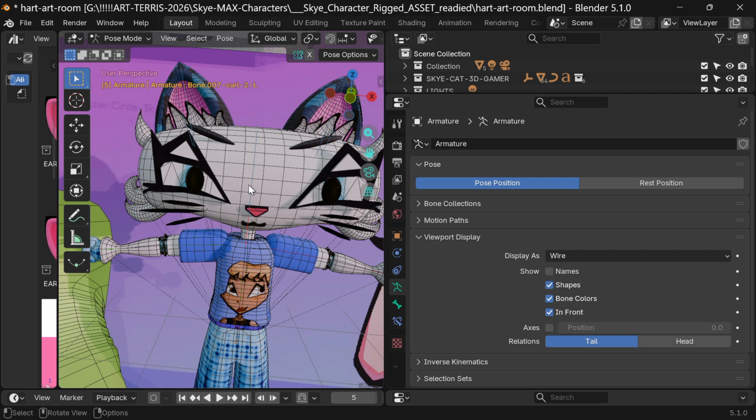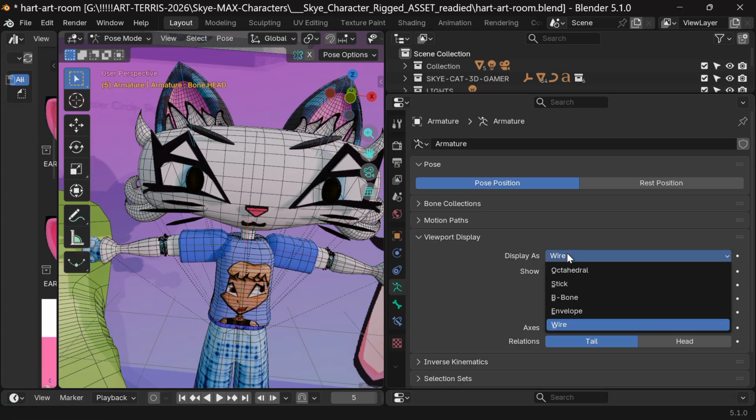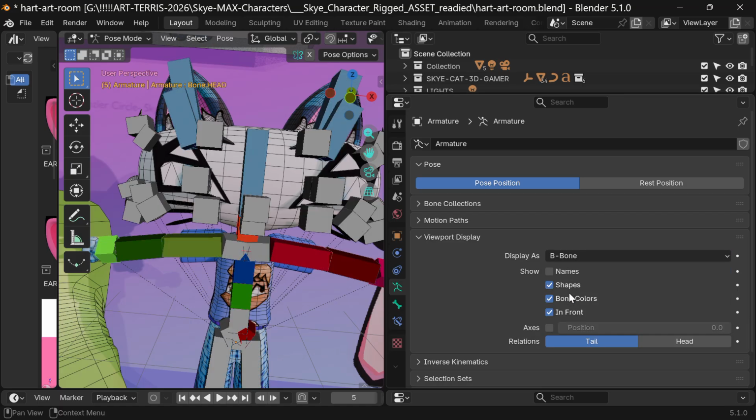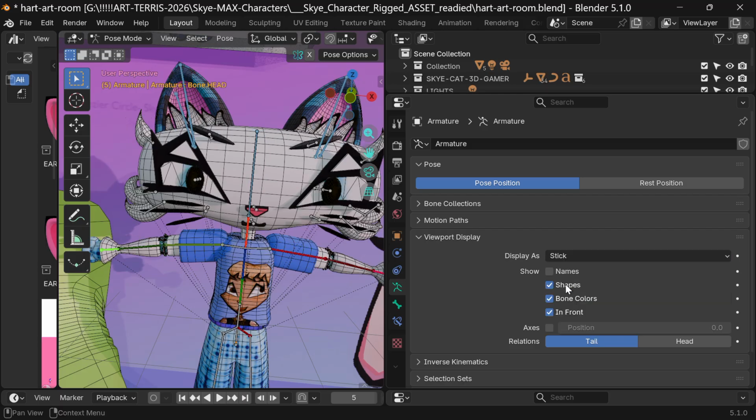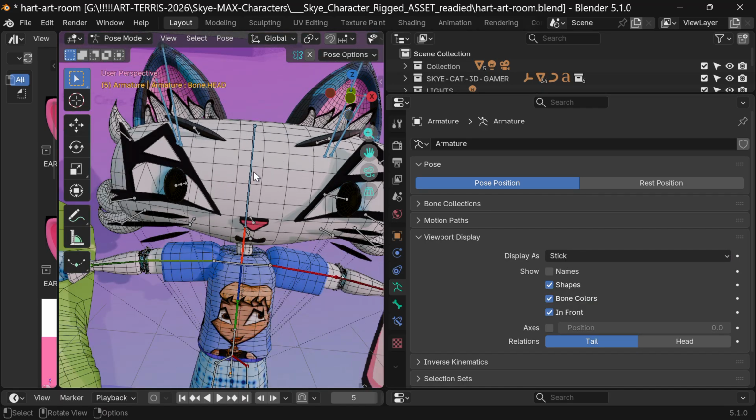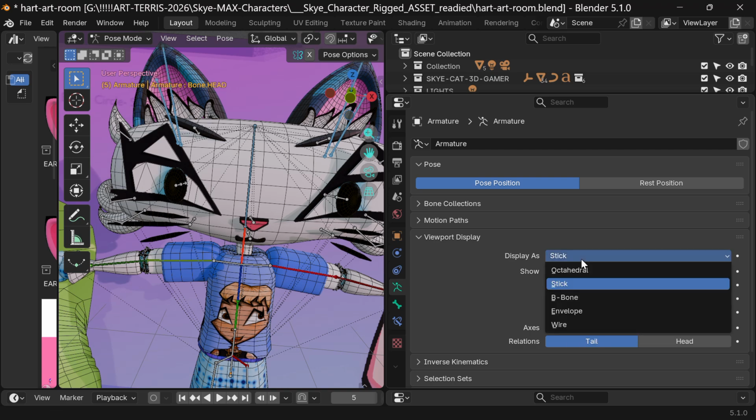now we can change the bones to display the bones as, there's the B-bone again, and you can also make colors, which is so cool. But I really like the, there's the stick bone. It's the one I've been using a lot. And then my most favorite one, while I'm setting up bones and modeling and animating, I really love the